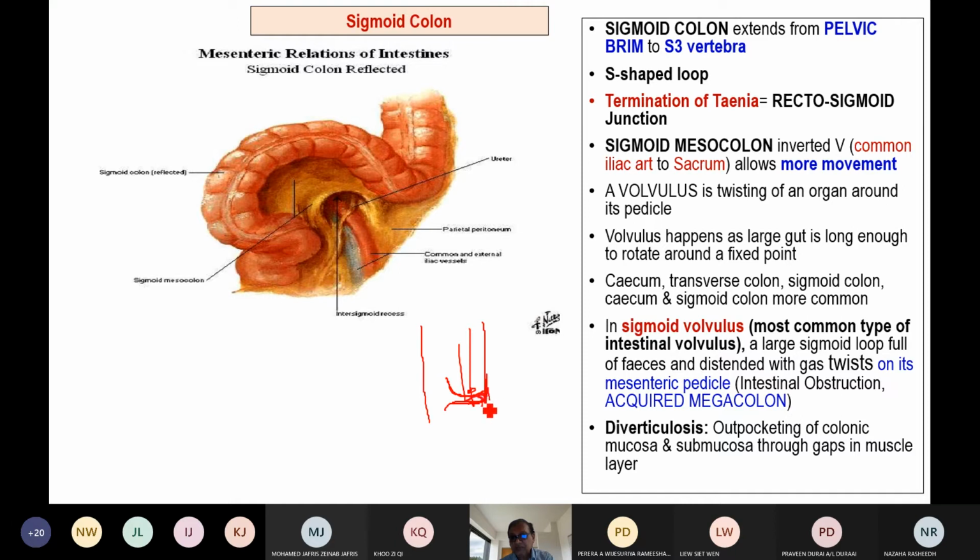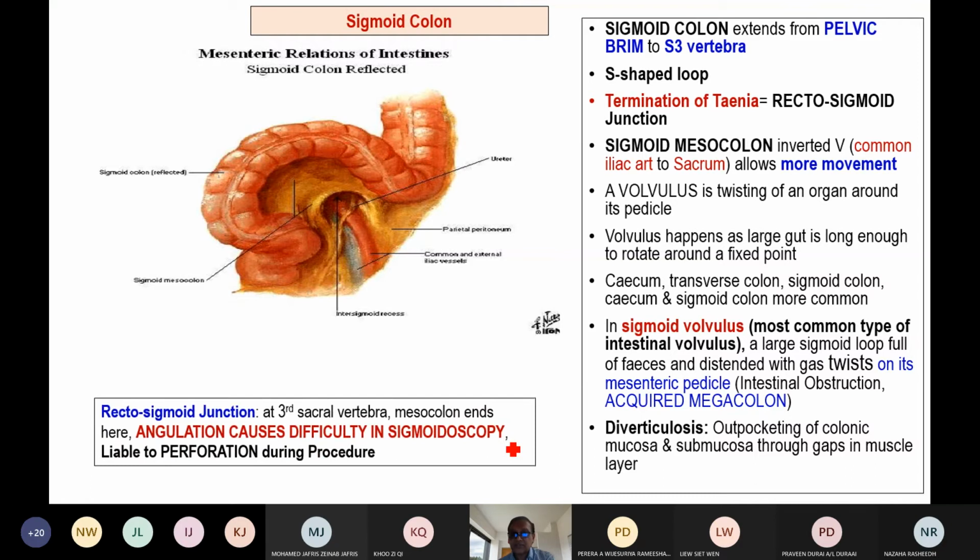So this type of disease where mucosa and submucosa go through a gap in the muscle and protrude beneath the serosa, this is called diverticulitis or diverticulosis. So again to repeat, out of the 4 layers, if there is a gap in the muscle layer, mucosa and submucosa protrude and run beneath the serous layer, producing diverticulosis.